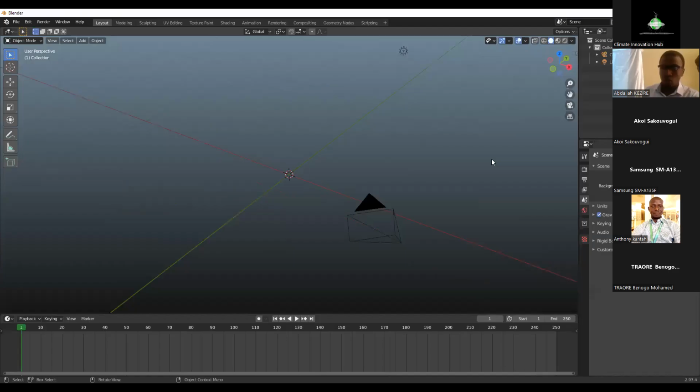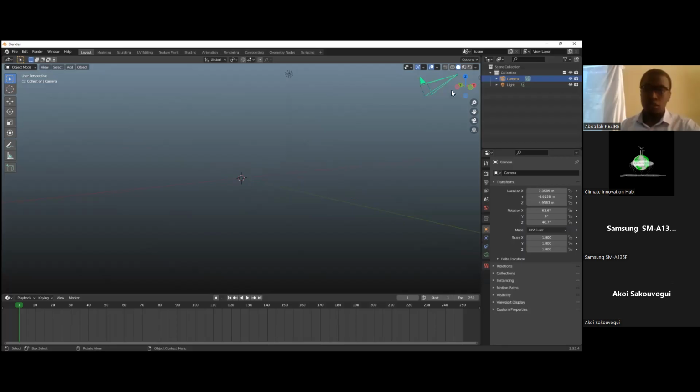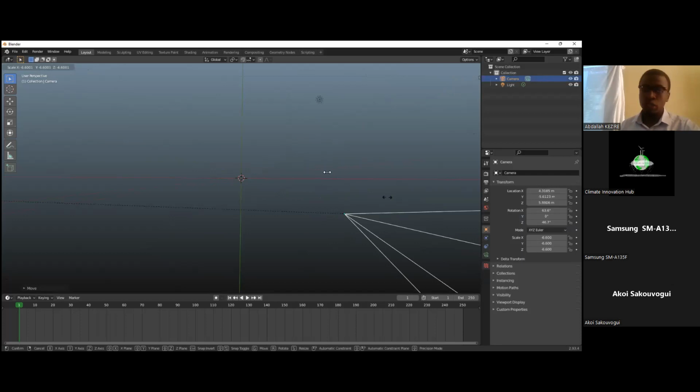And you can move your camera like if you were in reality. You drag it just like other objects, because here it is also an object of the software. I can drag it to where I want to place it. I can rotate it just like any object in here, right?